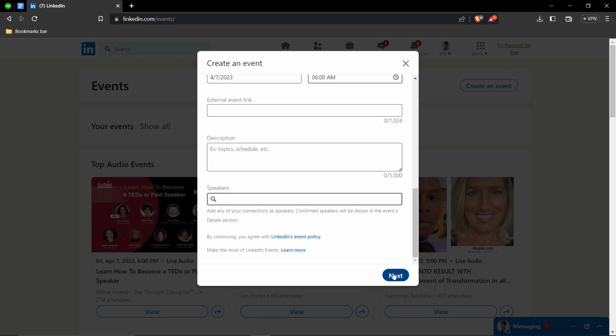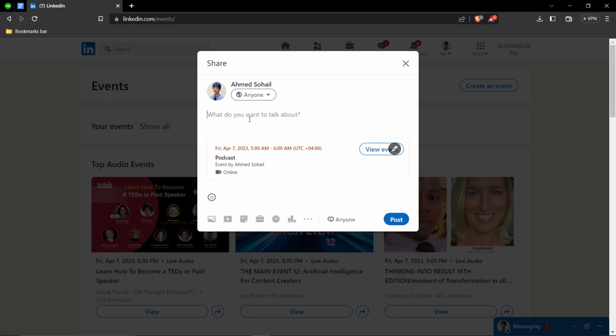Then you can click on Next, and then you can just give a bit more info about your event, because you'll be sharing it as a post, and then you can click on Post and your event will be